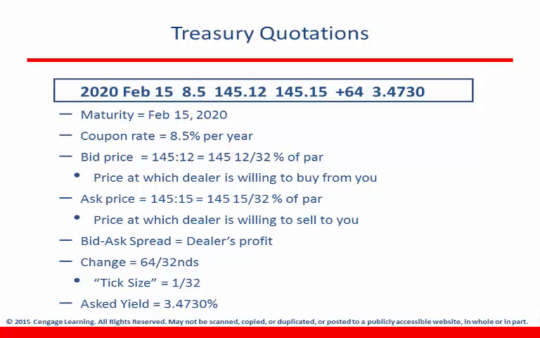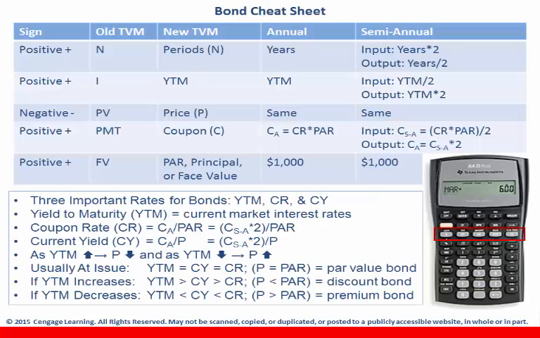And once again, what we're really looking for, like a lot of the math problems that we're going to be dealing with, is price and coupon rates. You'll need the maturity date to figure out N, but start thinking about where different things are on your calculator. To help all of you out, I created this slide called the bond cheat sheet,